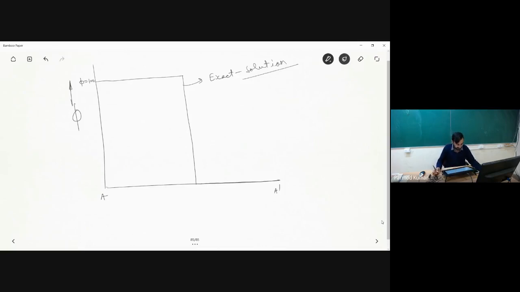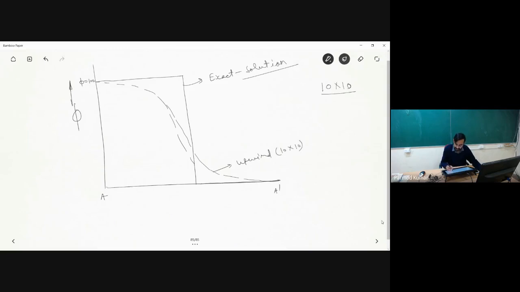So this is nothing but my exact solution of this particular flow situation. Okay. And if I consider the numerical solution by considering say 10 by 10 number of cells, in that case, what will be happening? I will be finding that my numerical solution will give significant amount of diffusion. Okay, so you can see we are having significant amount of diffusion when we have considered the upwind differencing scheme by having 10 by 10 number of cells.